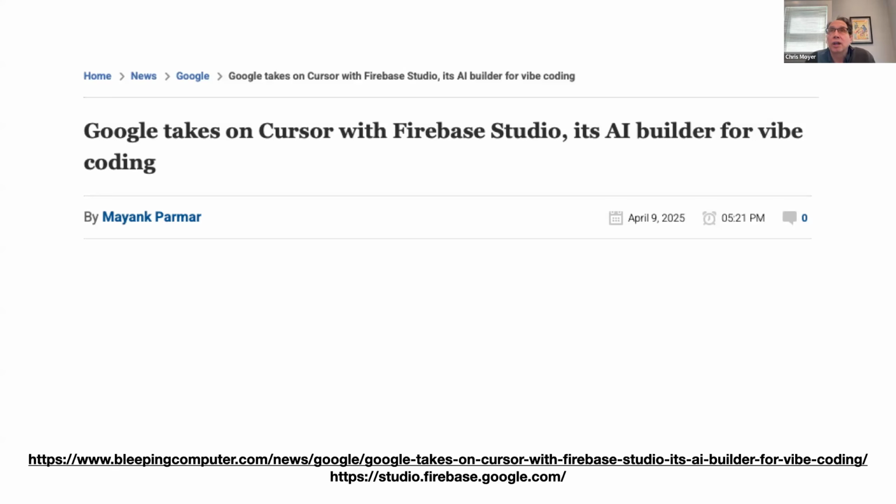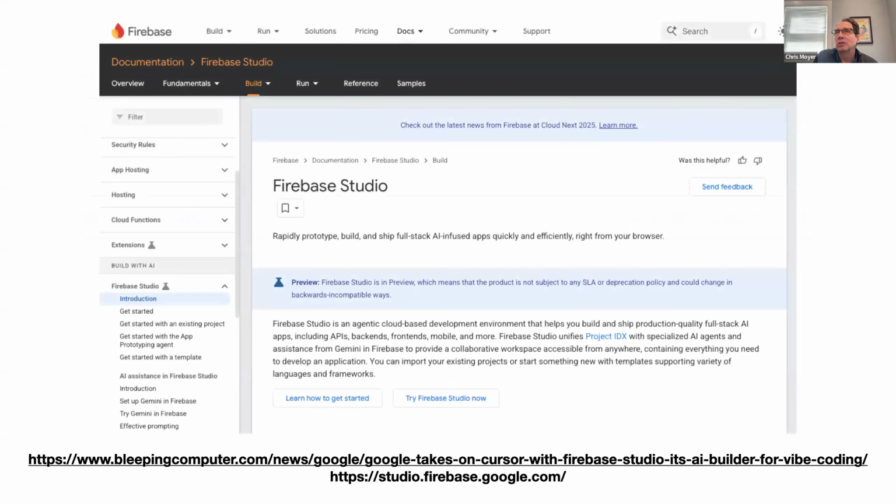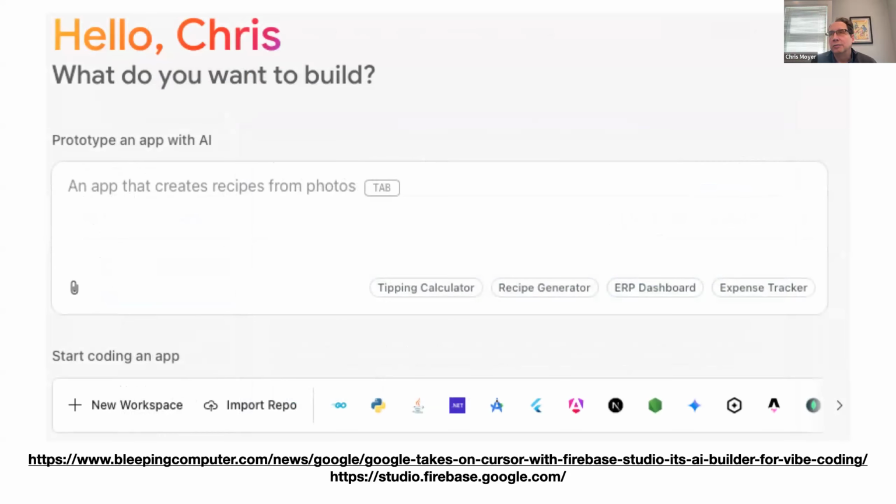But Google has responded to this. They have launched what they've called Firebase Studio. It's currently in preview mode right now. You can Google it and find it and have a look at it if you like. I think I have a clip of the documentation here. So here's some of the write-up on it. Here's what it looks like. And if you were to see the full screen, you'd see a little preview note in the corner of it.